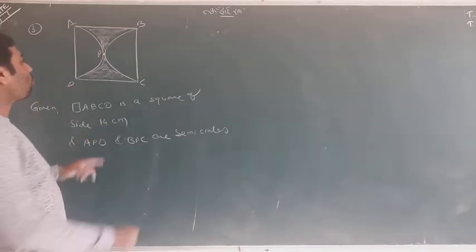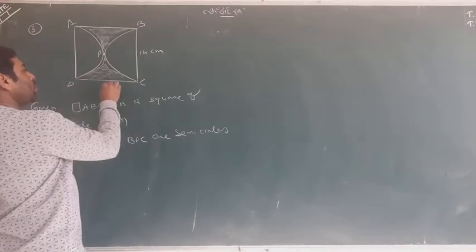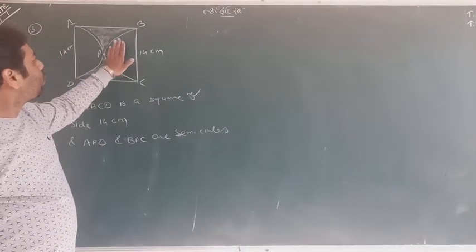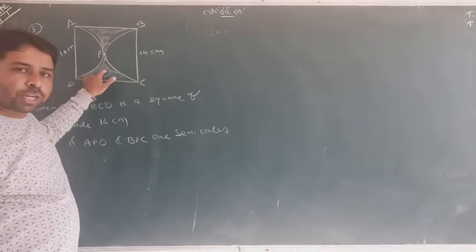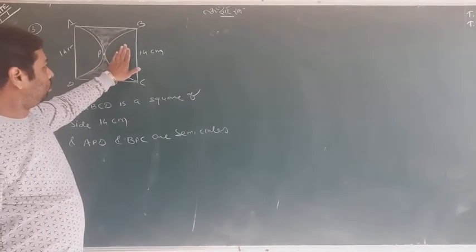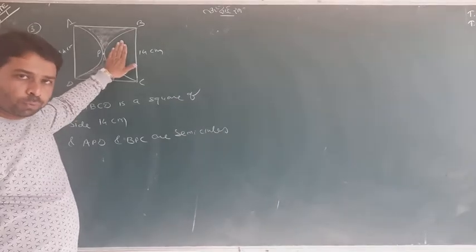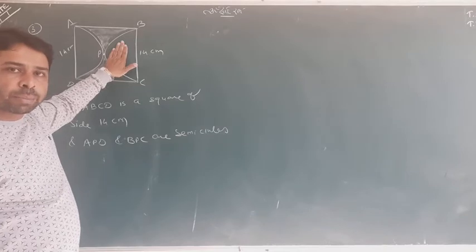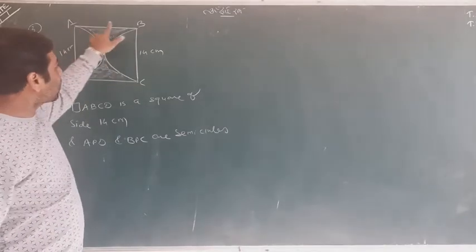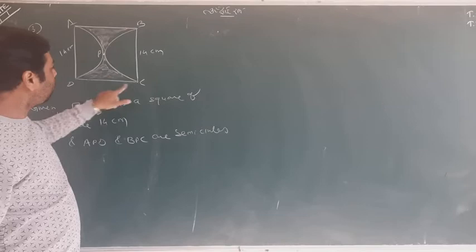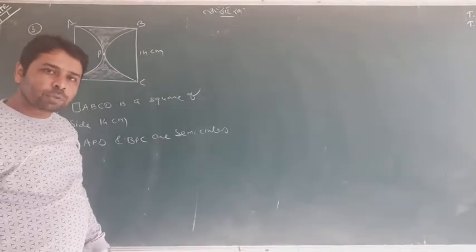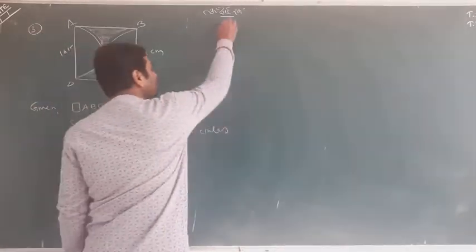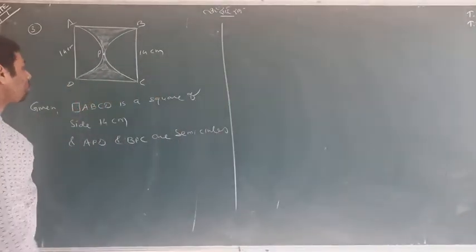We have this 14 centimeter, 14 also, and 14 centimeter. All are 14 centimeter. One can understand we want to find the shaded region. So what we will do? These two are semicircles. So we will find the area of a single semicircle and then multiply by 2. And then we will subtract these two areas from the whole square's area. So we will have only two shaded regions remaining. It's very simple.